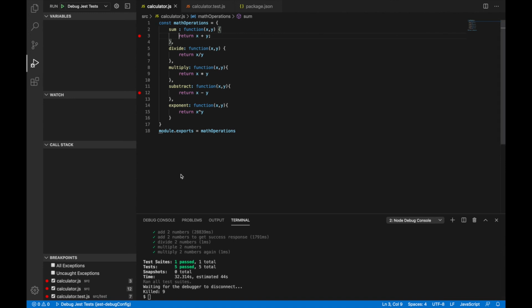So that's a easier way to do debugging rather than attaching a debugger and then opening the Chrome inspector and validating there. Although under the hood it's also using the same node debugger, this makes it easier to debug the test within the editor itself.